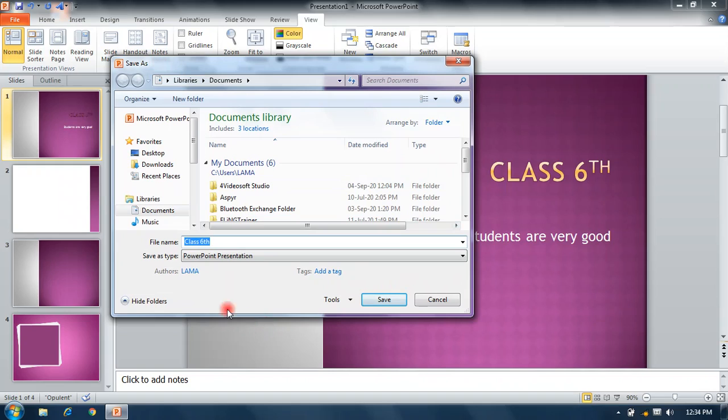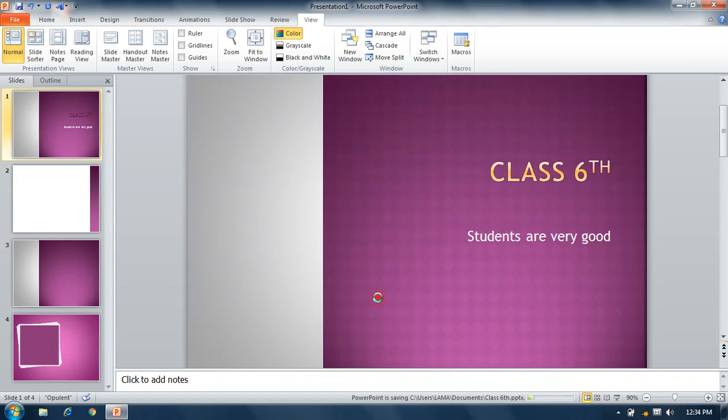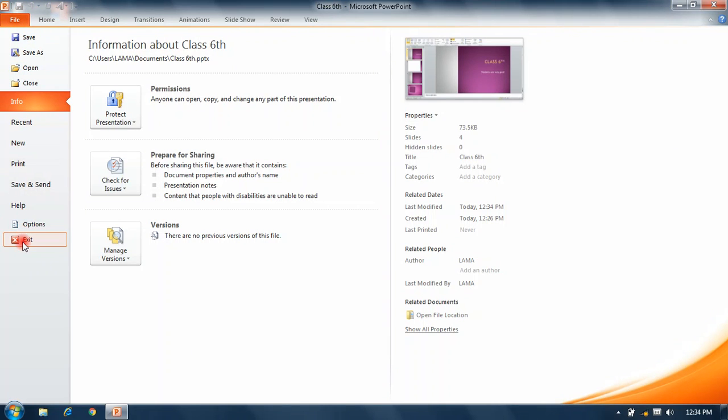This dialog box opens. For File name, we give a file name here, and this file name is represented in the title bar. Then click save. After saving, see that the title bar name has changed from Presentation 1 to Class 6th. Now again File, Exit. So we exit from our program.